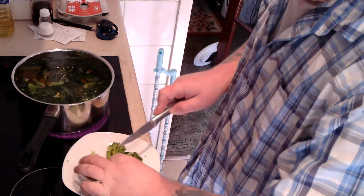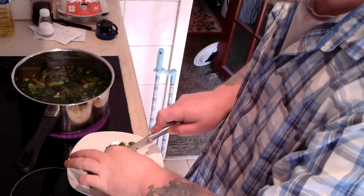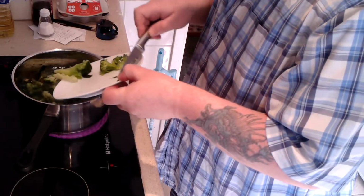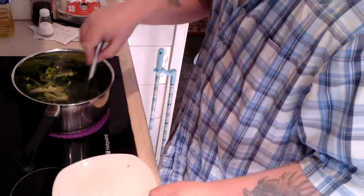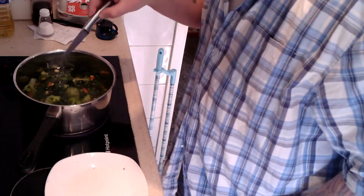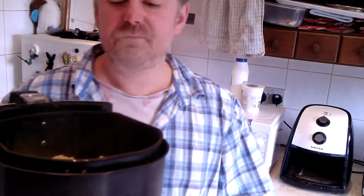I don't often go for a knife and fork. I just eat with a spoon. So everything's got to be small and manageable size for the spoon. There we are. Okay, and I'll just keep on boiling that up, and it'll be done shortly. Right, the potatoes are done. As you can see, they're done in the microwave, that is. I put it for 7 minutes, and then for another 2, because they weren't quite...